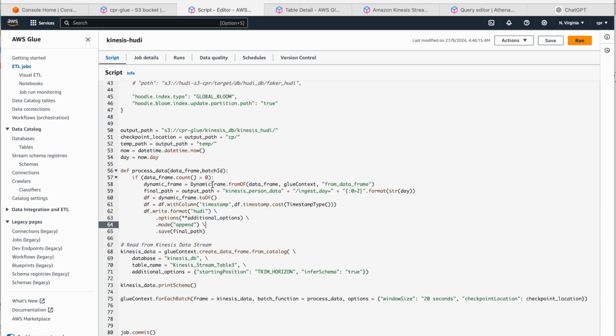So we aren't doing much. We are just reading a Kinesis stream table. That's it, and calling another method for each batch in this specific window. And in that method we are just converting one column into timestamp and we are writing into a table, and